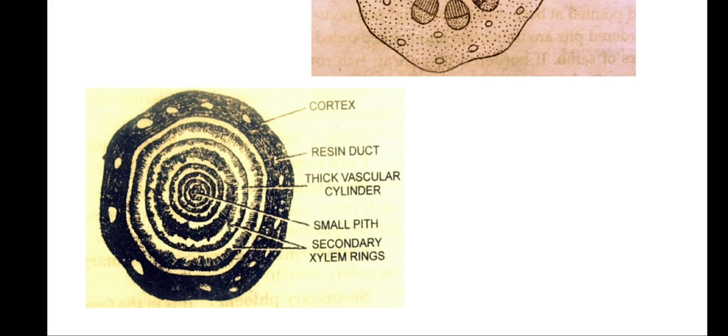This wood is called autumn wood or late wood. And each year the cambium forms a band of secondary xylem and secondary phloem. So in cross section, spring wood and autumn wood appear as a series of concentric rings called annual rings. Counting the number of these rings gives an indication of the age of the tree.